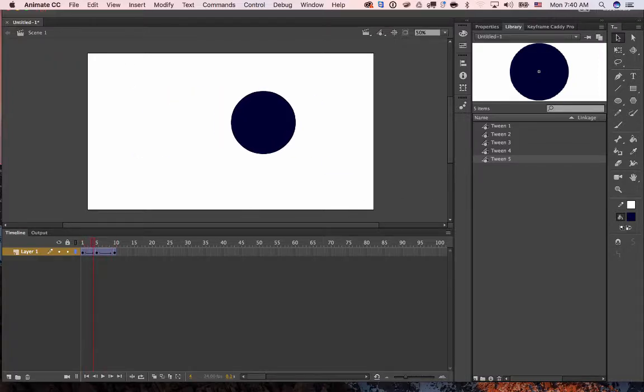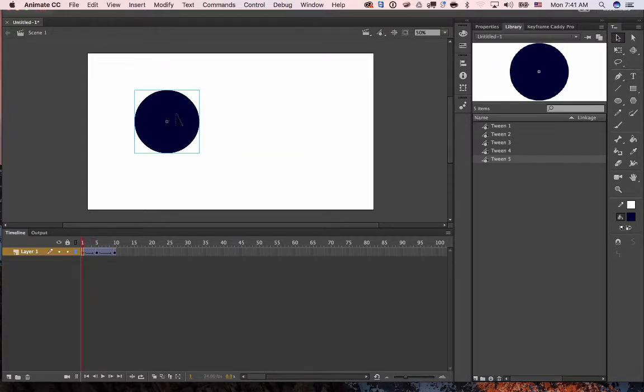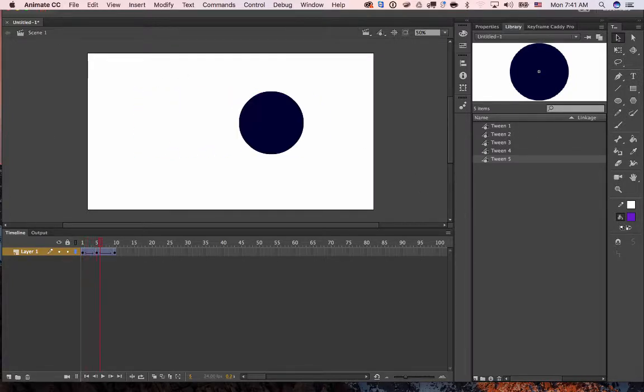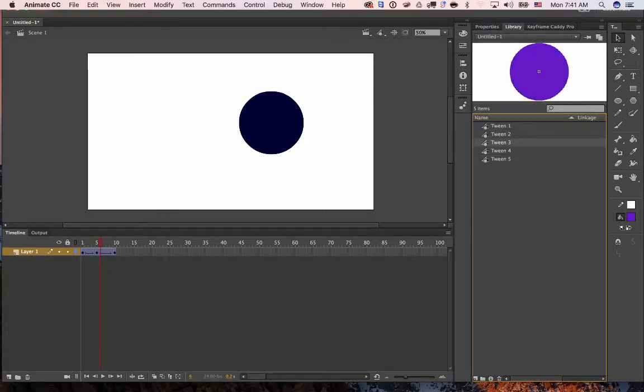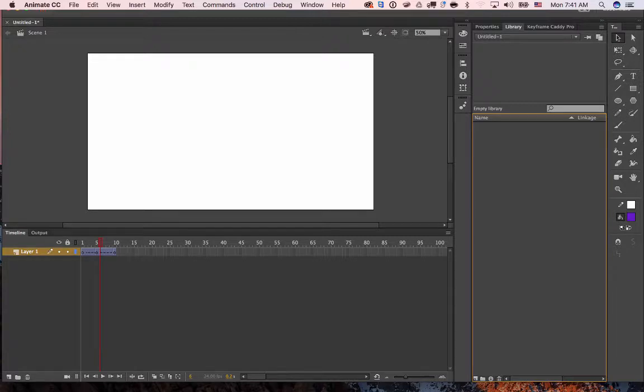So the problem with that is if you wanted to go inside one of these symbols and change the color here, it only changes colors to that one keyframe. Check this out. So tween 3. It's kind of like you can't really know which symbol you're going to change. And if you've ever worked with clients before, they're going to want changes. So this would be a problem for you. So I'm going to delete these and show you the proper way